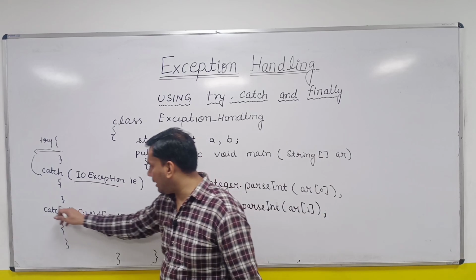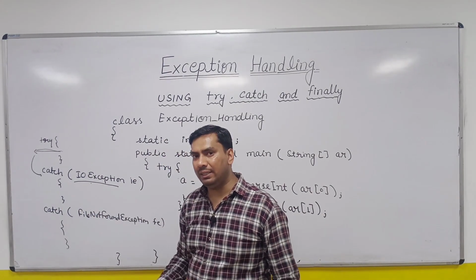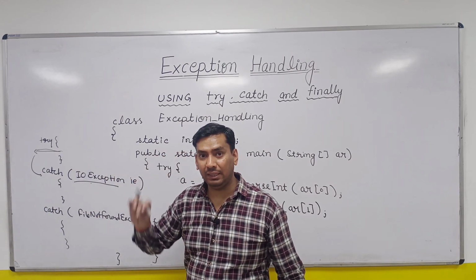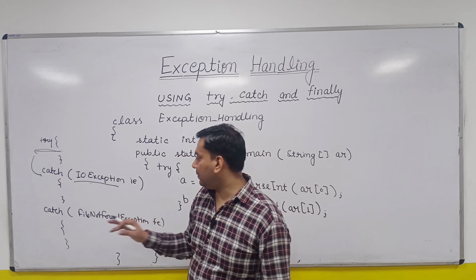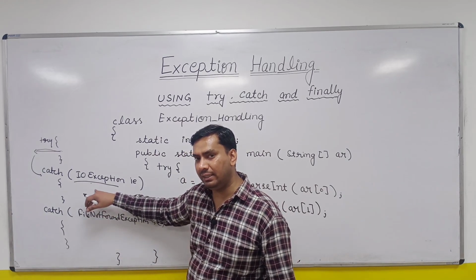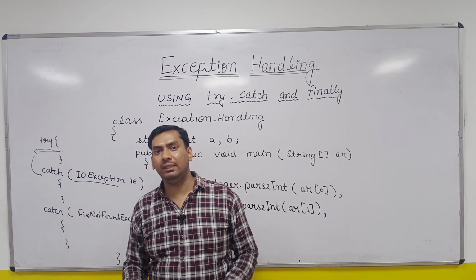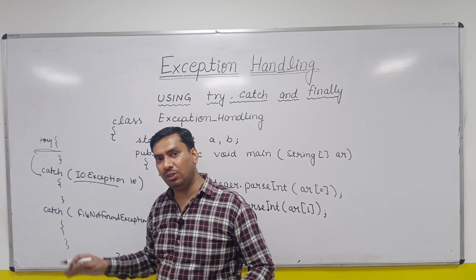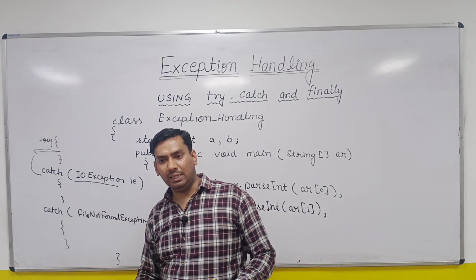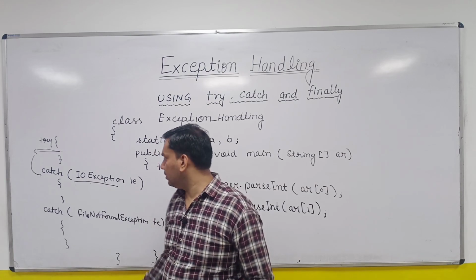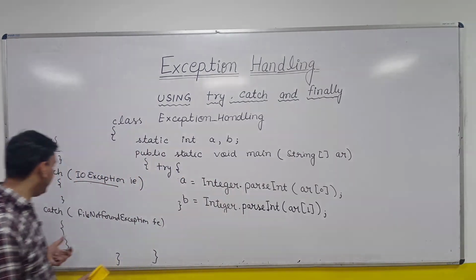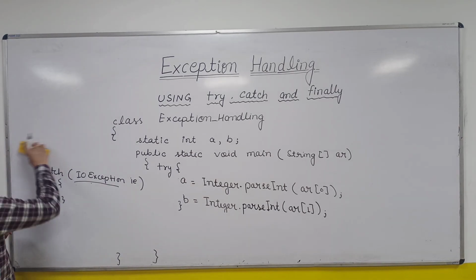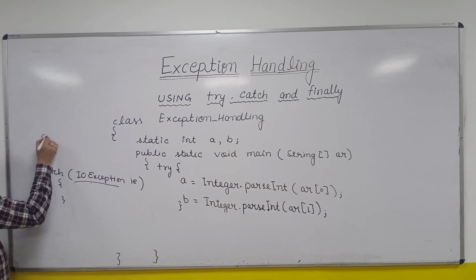So that's why if you write it here, it will give you a compilation error that file not found exception is already handled, because on the top you are writing the parent type of catch block. Parent type of catch block must always be written below the child type. Is it clear? Here it is not allowed, it will not let you compile this. It will say you can write this catch block only above this, because this is allowed.